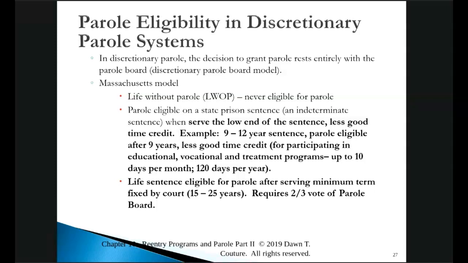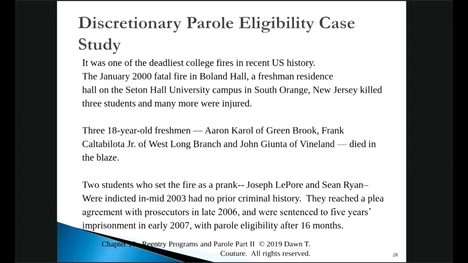Second-degree murder sentences carry life with parole eligibility between 15 and 25. So life without possibility of parole, first-degree murder, no parole eligibility. Most offenders, except for those serving life without possibility of parole on first, or life with eligibility at 15 to 25 on second-degree murder, everyone else is parole eligible with some notable exceptions, like mandatory minimum sentences, which I'll talk about. Everyone else is eligible at the low end of that indeterminate sentence, less any earned good time credit, which can be significant because it involves a lot of